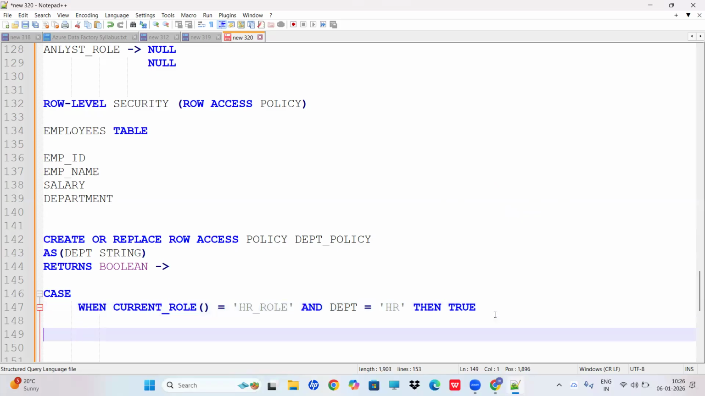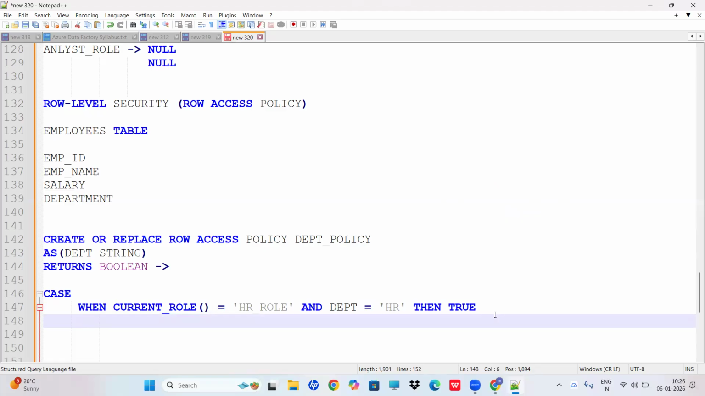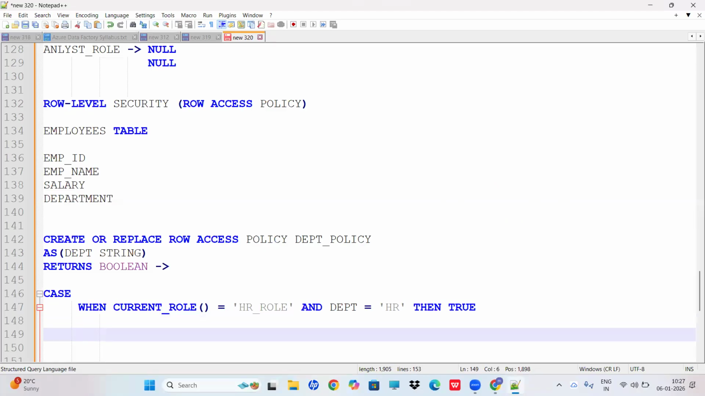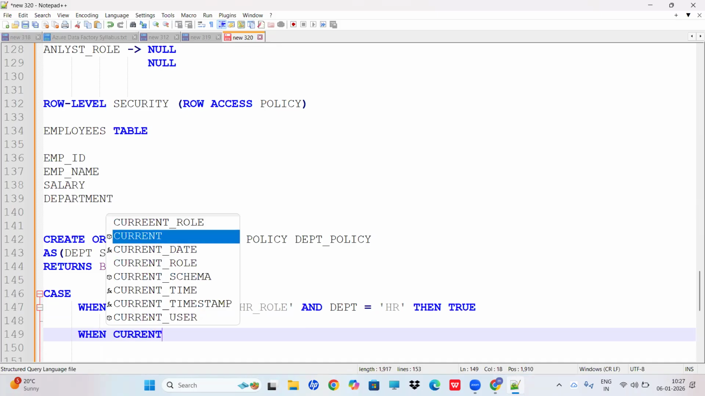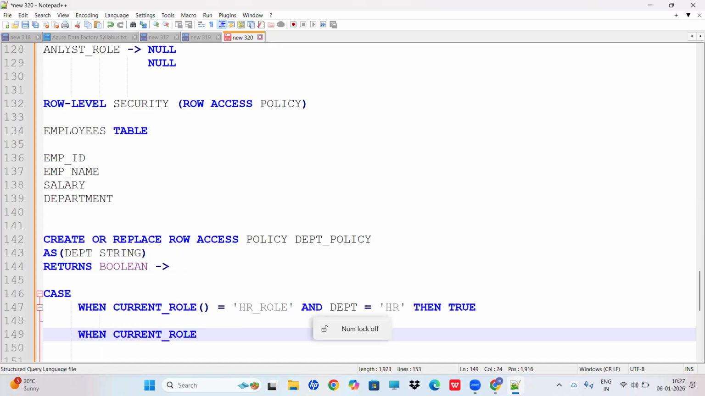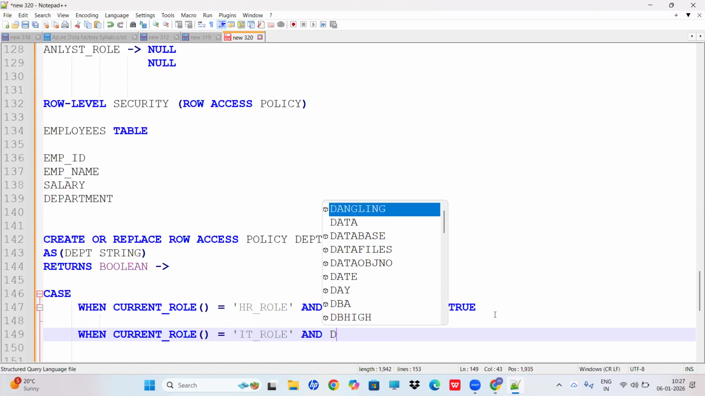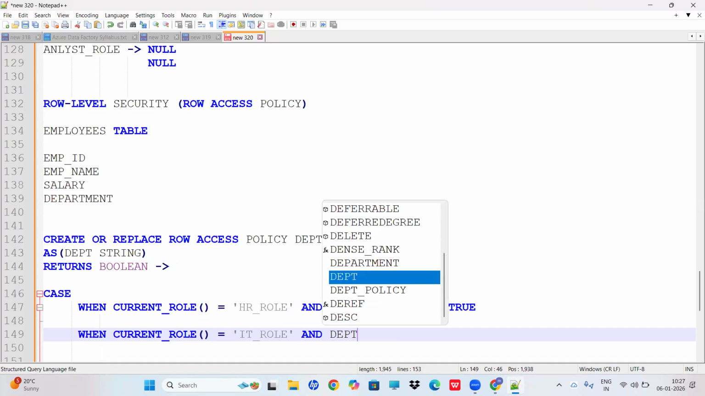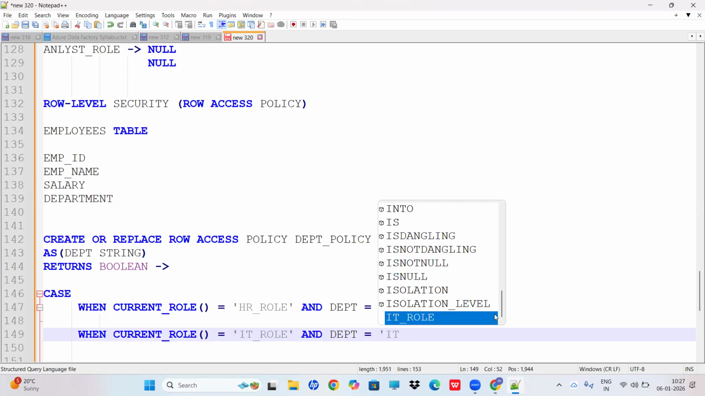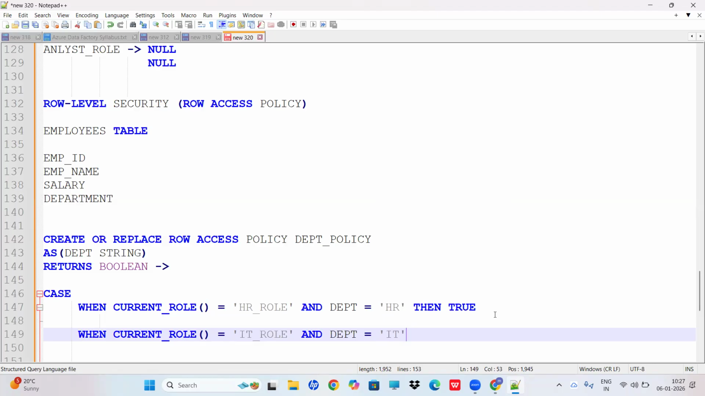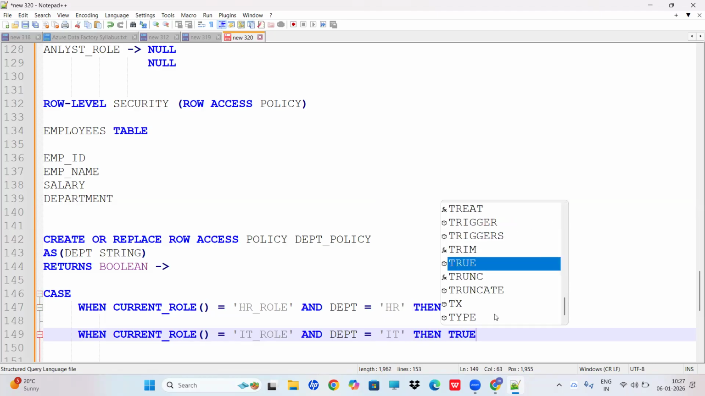Okay, so next, this is one, then two. Next, again I'm writing: when the current role equals IT role, here I'm in the department column again, so department IT is there. So then, else